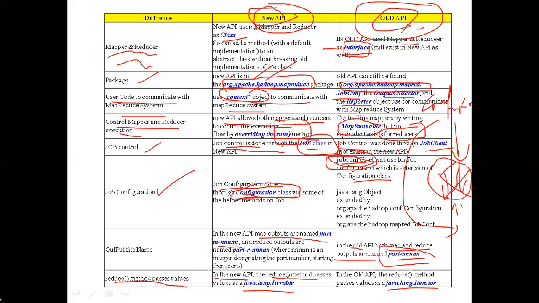The main differences are in mapper and reducer, package, user communication, controlling mapper and reducer execution, job control, job configuration, output file name, and passing values by the reduce method. In all these aspects, there are some slight changes between the new API and old API.